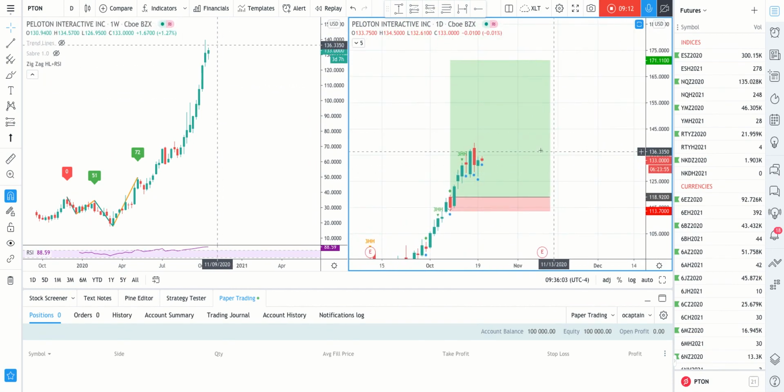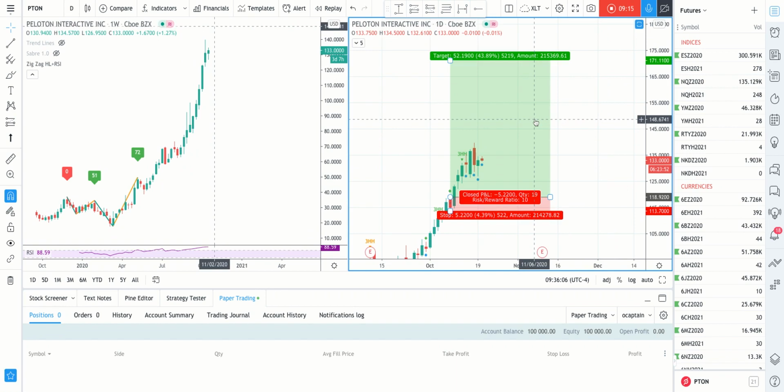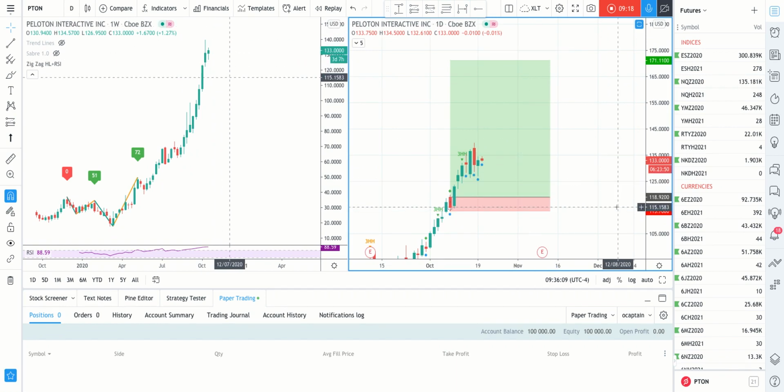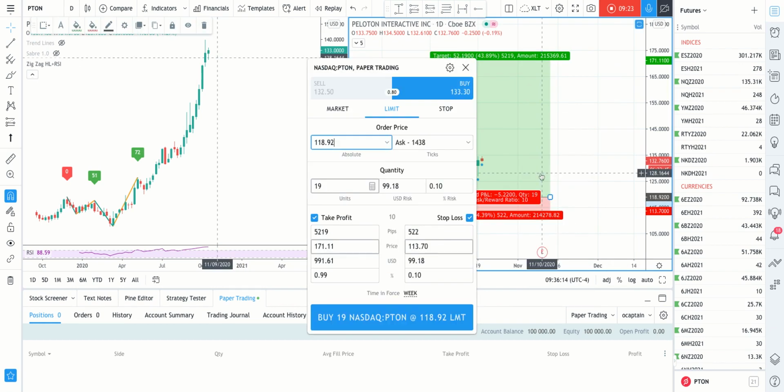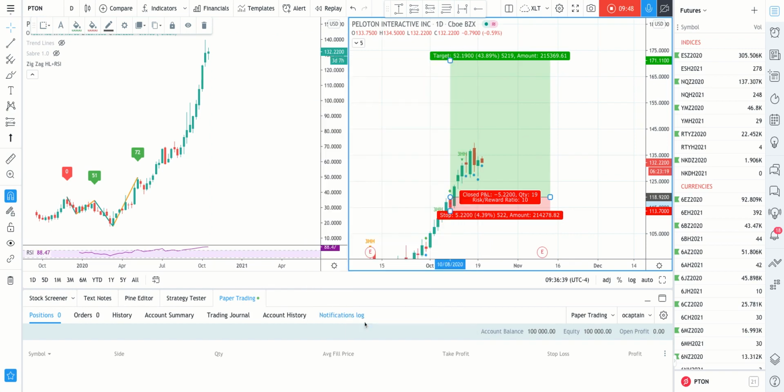So if I want to do that trade, how many shares of Peloton can I get based on my risk profile, whether it's a percentage or a dollar amount? We right click it, say create limit order, and here we are. I can risk 1/4 of 1%, and it tells me I can get 47 shares, or I can say I'm willing to risk $250. And again, it tells me 47 shares. Or if I want to get 50 shares, it's going to cost me $261, and so on. So the power of the account, and then go ahead, hit buy,